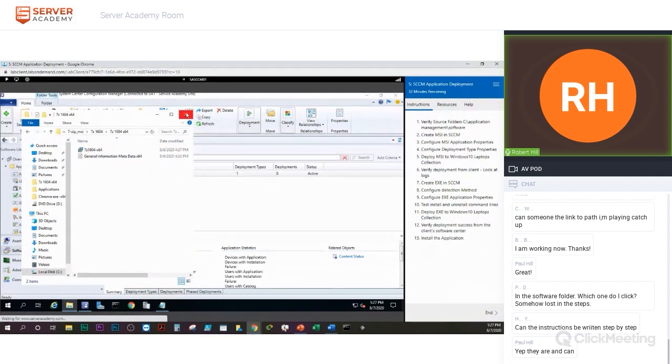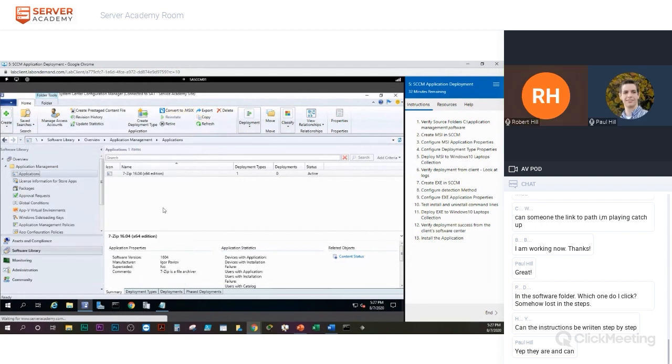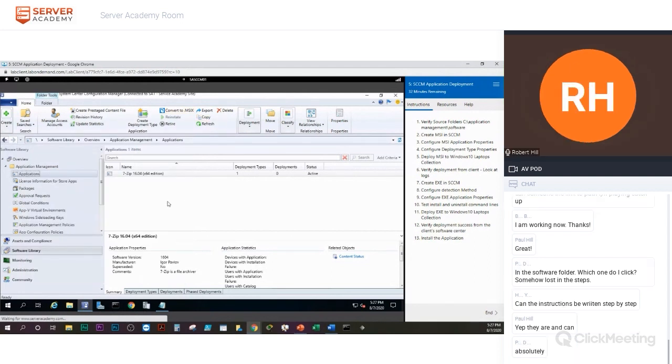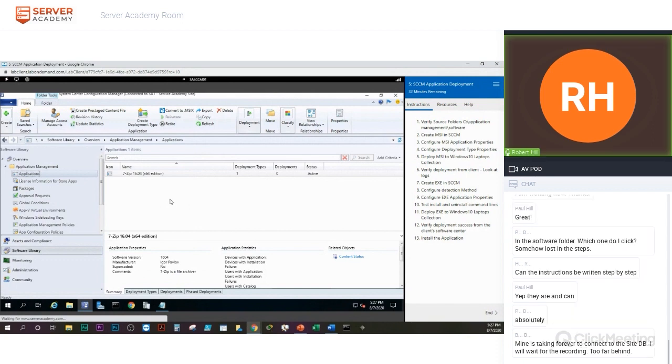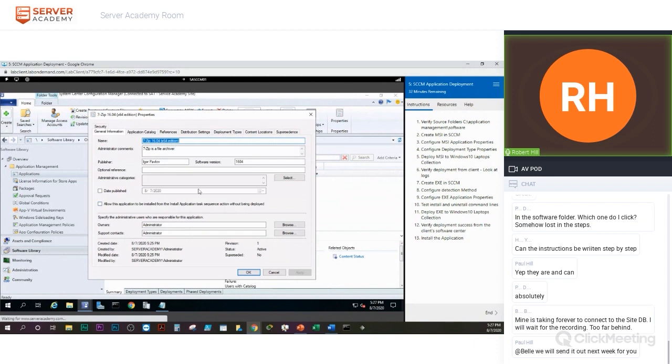Okay. Yeah, I think that's good. Thank you. Okay, no problem. So now I believe we're on, let's see, step 3. So what we want to do is right click on the application. Here's our application. We just created it. Now we want to right click on the application and click properties. So here we are, 7-zip